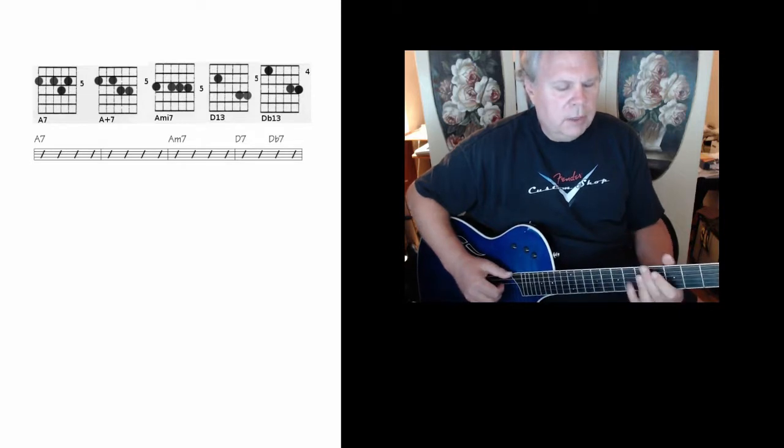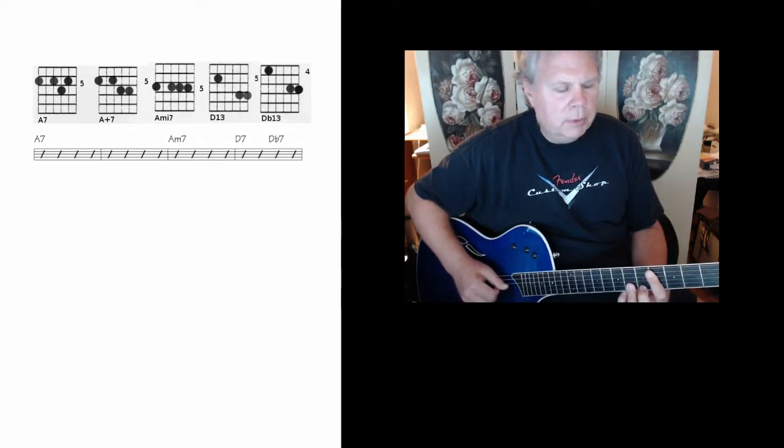like that, and then A augmented seventh as a substitution for A7 in the second measure. Third measure, just A minor 7. And here we go with the D13 again. And then D flat 13. And that sounds kind of exciting because of what you're going to be doing next, so let's kind of slide into